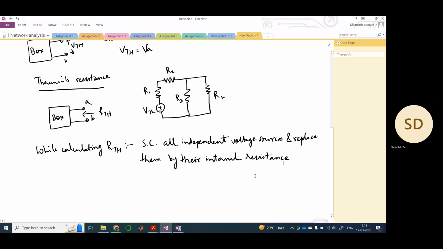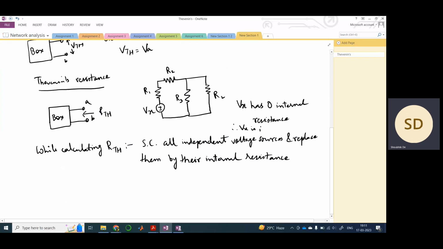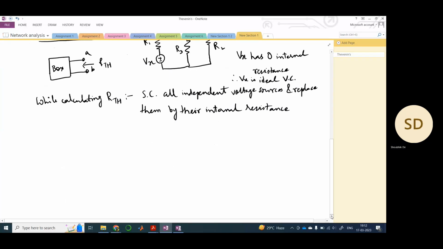Okay, so here we assume that Vx has zero internal resistance, so it's an ideal voltage source. Therefore your Vx is ideal, and as a result you need to short circuit the Vx. That is what we read: short circuit all independent voltage sources. So you need to short this, and then